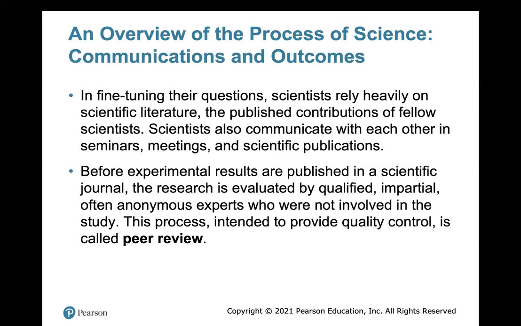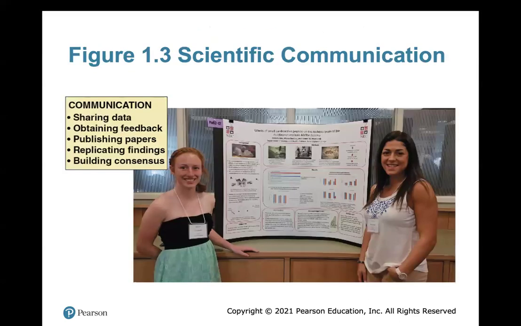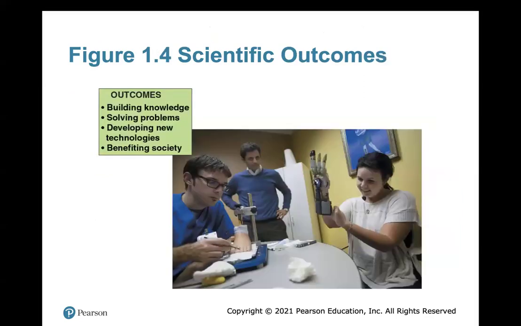And this process, intended to provide quality control of the scientific research, is called peer review. So communication is what scientists do when they share their data, obtain feedback, publish papers, replicate their findings, and build a consensus. And then they produce an outcome where they build knowledge, solve problems, develop new technologies, and then this